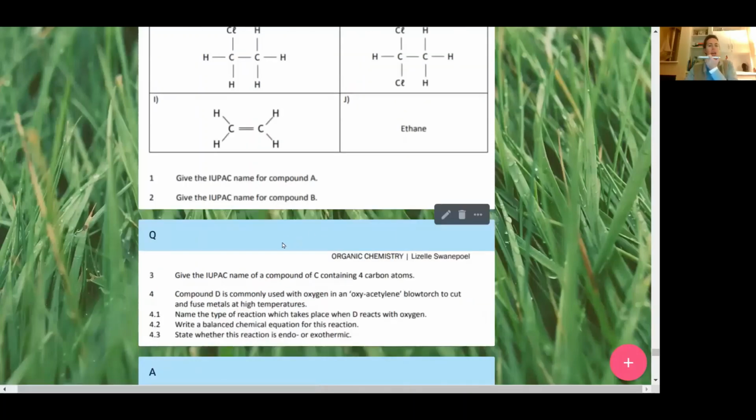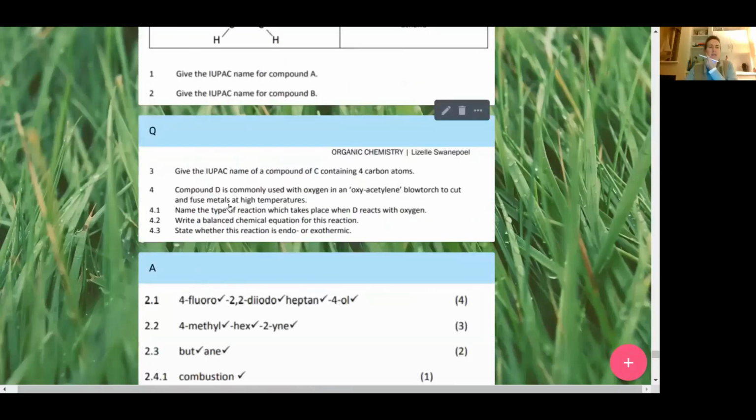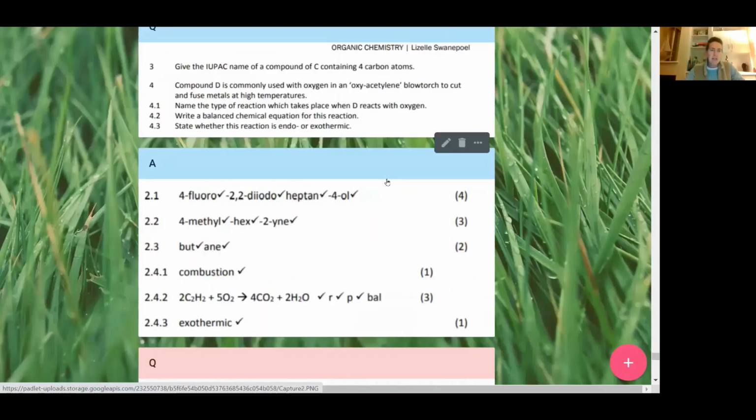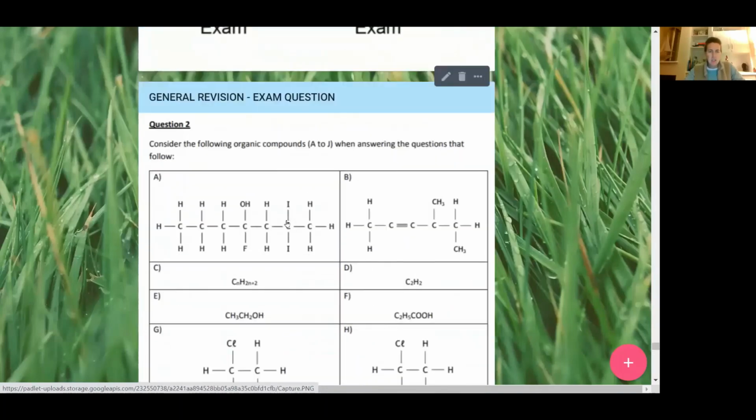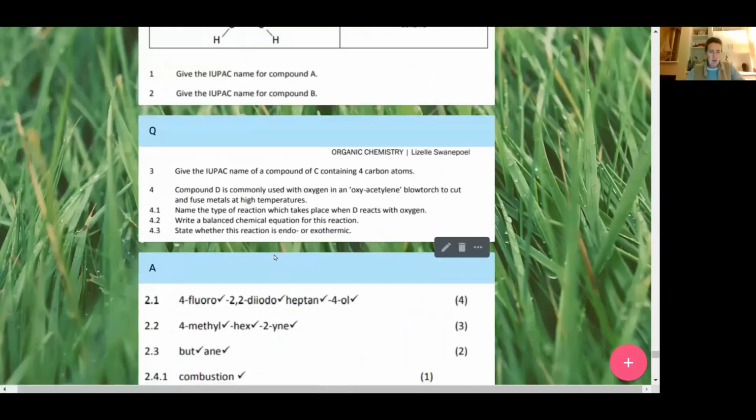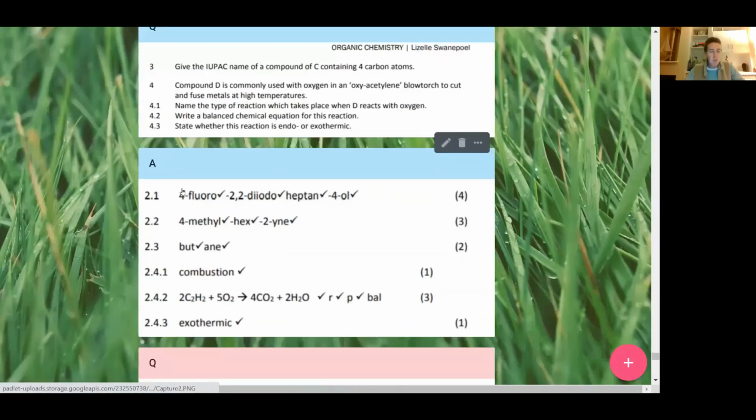And you need to now name compound A and B. Give the IUPAC name for C, containing 4 carbon atoms. Let's go and have a look at this. So the first one, we have mentioned that there's 2 iodines, a fluorine and a hydrogen. So this is an alcohol, and the name for this is fluoro